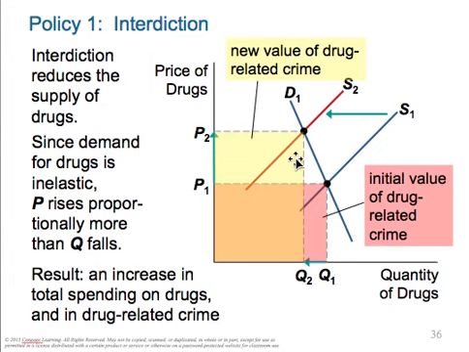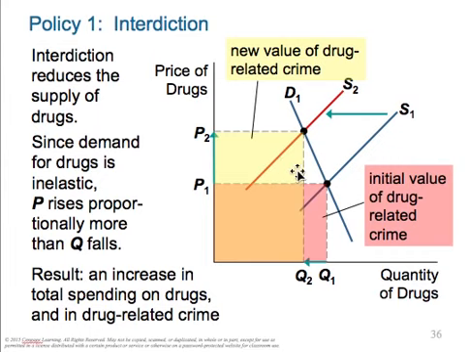There's more gang-related fighting on the streets because there's more money to be made. But just how much more? How much more are people robbing people to try to pay for their drugs? Well, the drugs are more expensive. They're having to commit bigger crimes to fuel their addiction. So the new value of drug-related crime is higher. So just an interesting simplification of something that's been proven in the economic literature, that actually the drug interdiction can actually increase crime